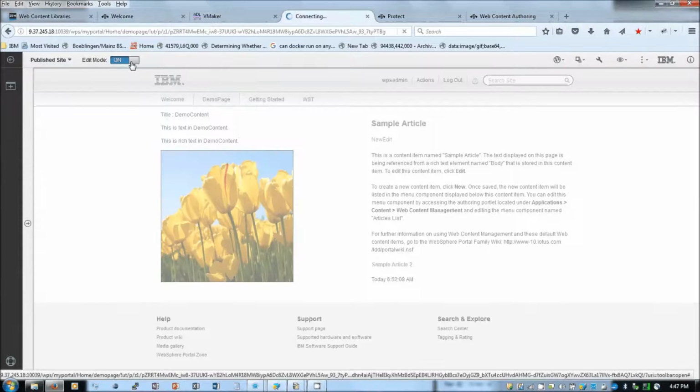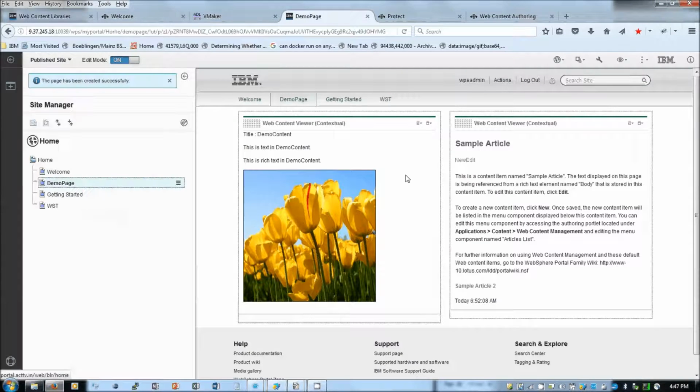Now when I turn the edit mode on, you can see that I'm able to change the title directly here.